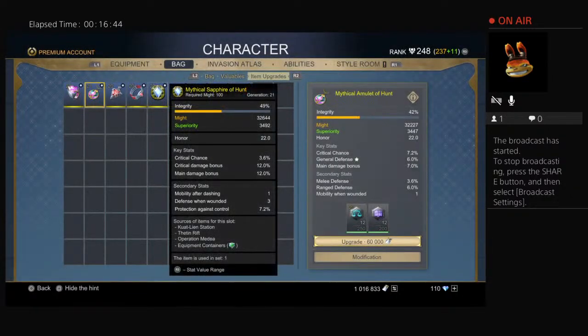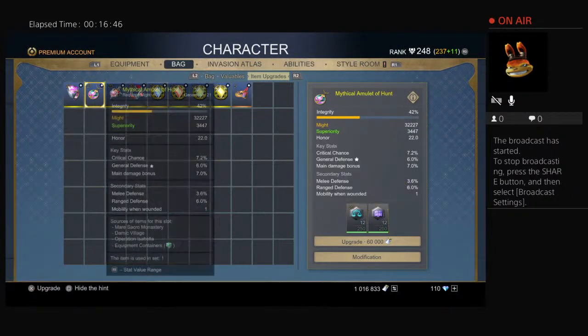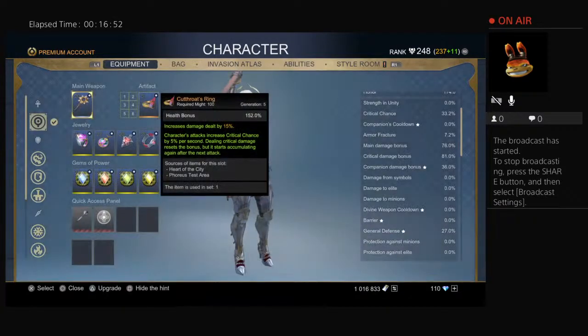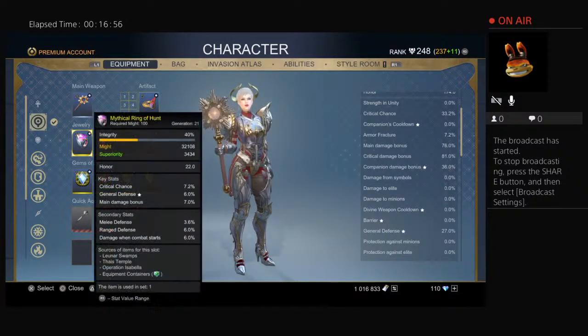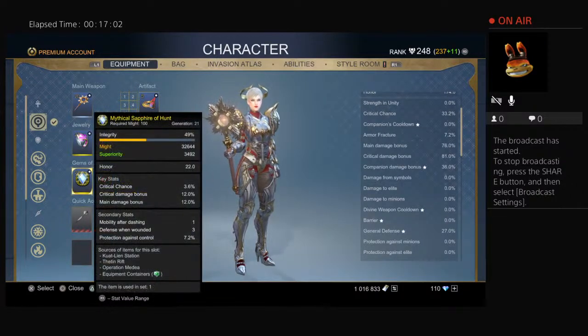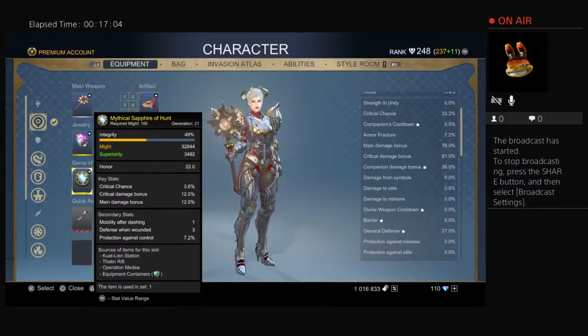So you'll probably go with general defense, barrier, and companion damage bonus for your 3 key stats for all of your jewelry, and then the same secondary stats as I told you before. Now for your gems of power for a support class, you'll go with companion damage bonus,